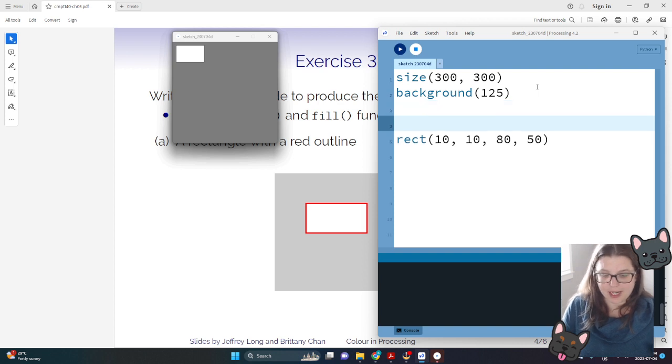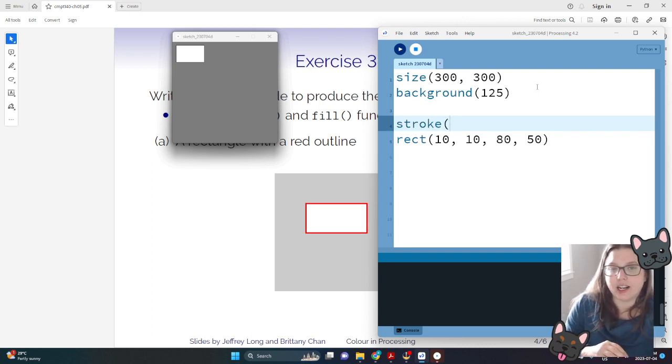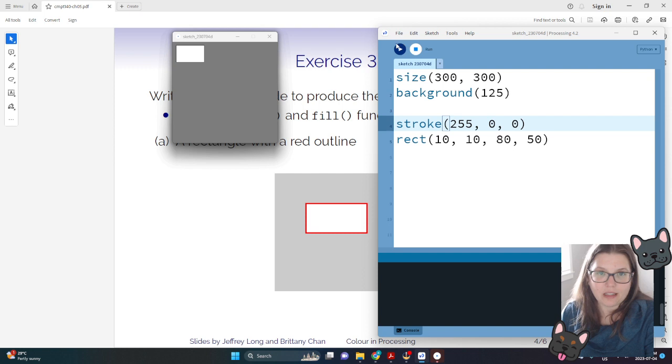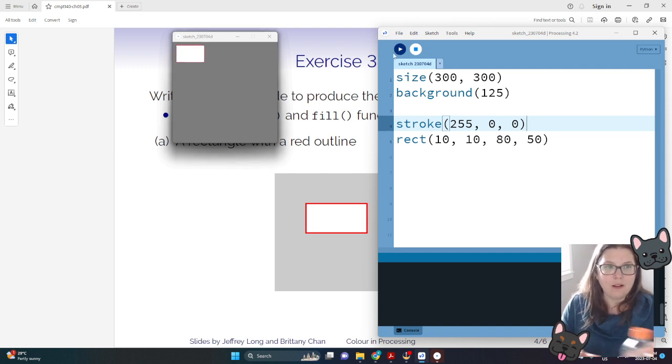So if you remember from the textbook, the command that will add the outline for us is called the stroke command. As soon as you call stroke and give it a different color, any of the other drawing commands you use after will use that color you specified for any of the drawings. So if we want just red, we know that we just want to max out that red channel and put no green or blue. And if I run that,